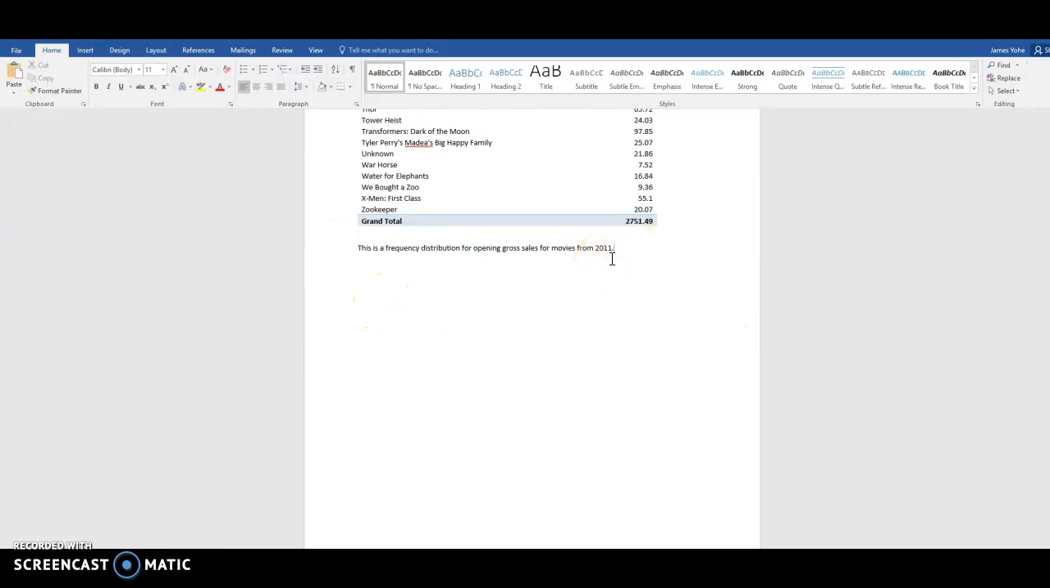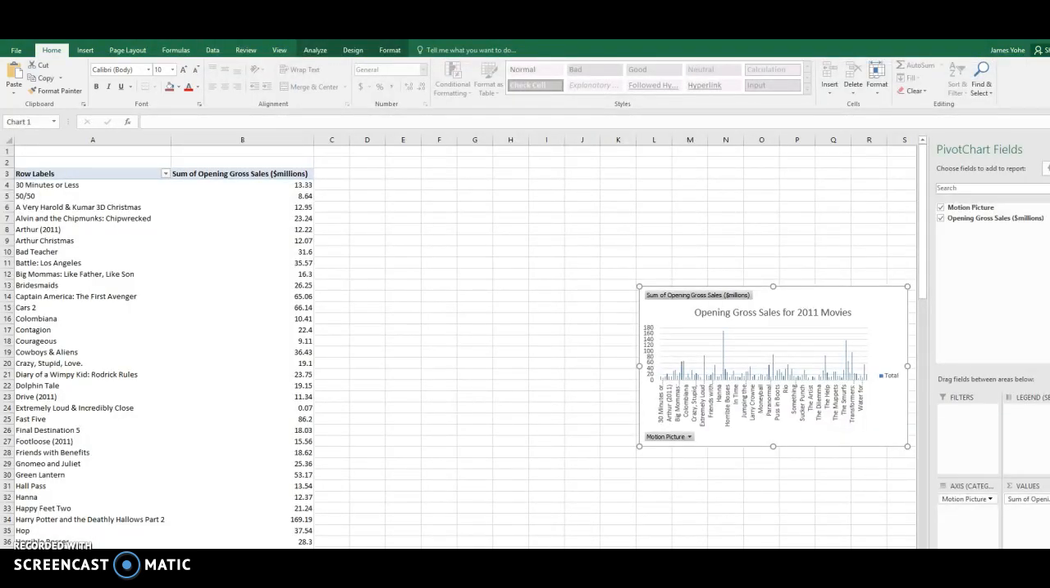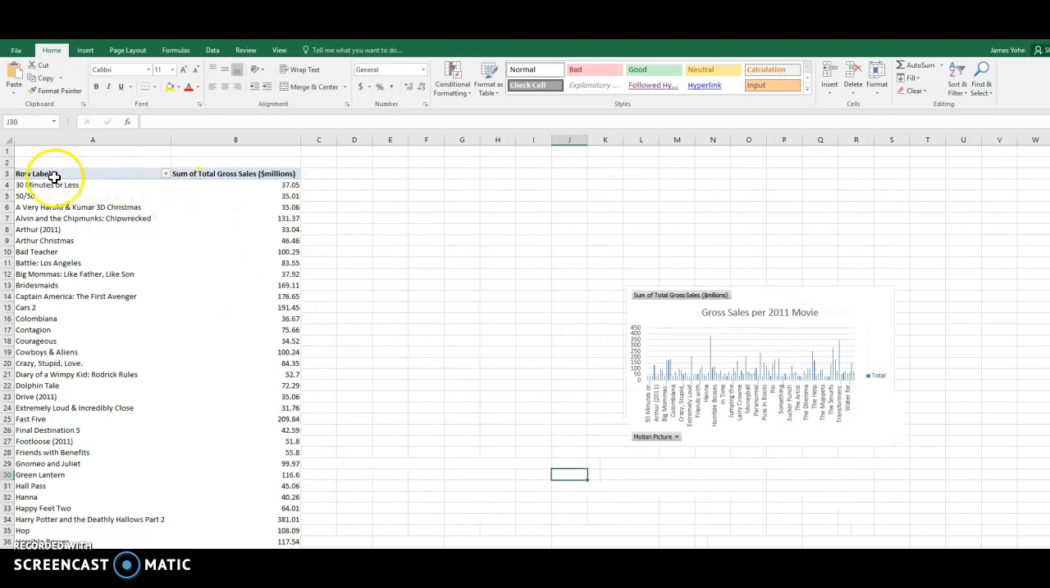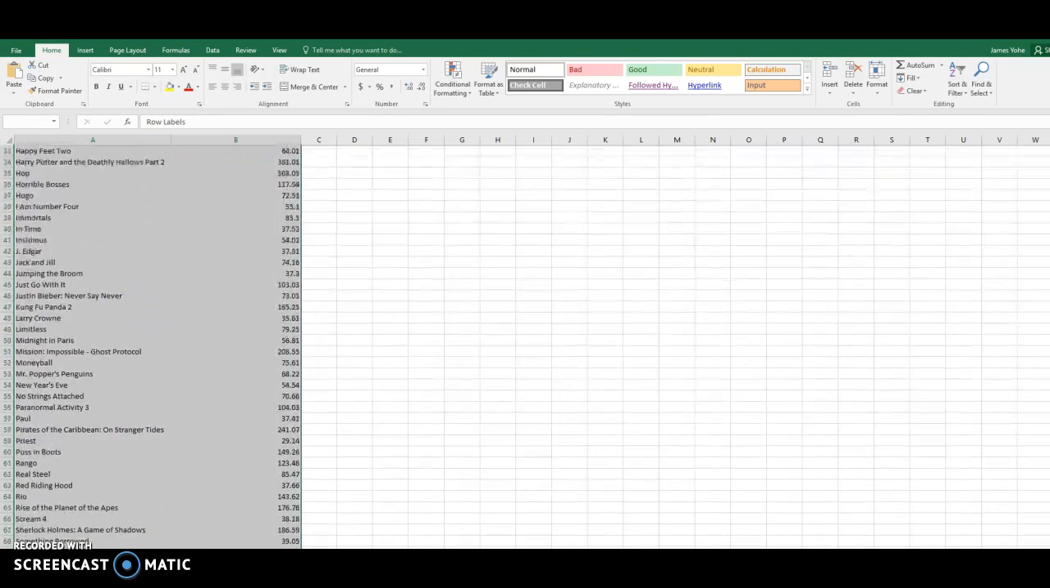Okay. So I've written something here. You're going to fill this in, introducing what you're talking about, what we're looking at initially, and what we're trying to do. What we're trying to do is examine the relationships between gross sales and opening sales, number of theaters, and weeks that it's been released. And we'd write all that out. Pasting my graph here. We would do that for all of these